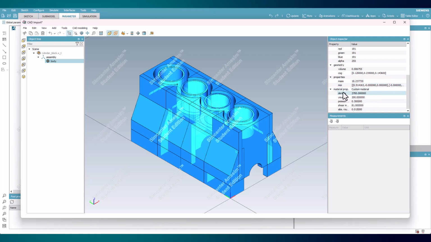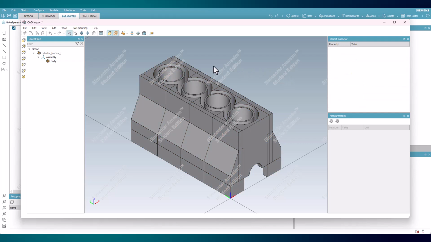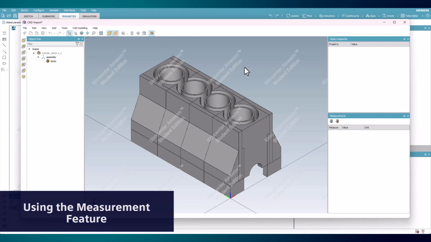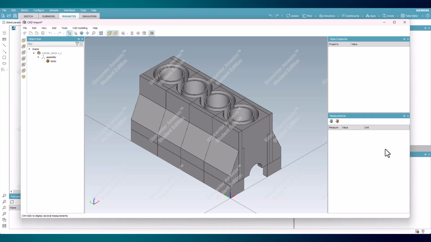In order to complete the parameters of the four thermal capacity components, the CAD needs to be discretized in the same manner. The Measure feature will solve this problem and begins by selecting the orange measuring tape icon to the top of the screen. This will make the Measurements window available, and to begin working within it, select the icon with the blue plus next to it.